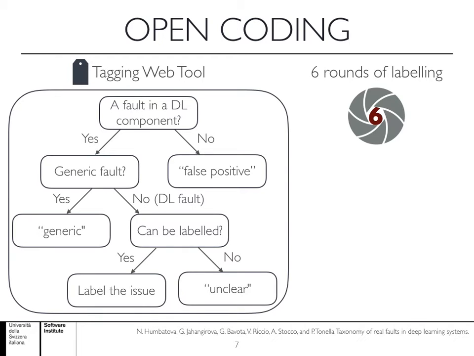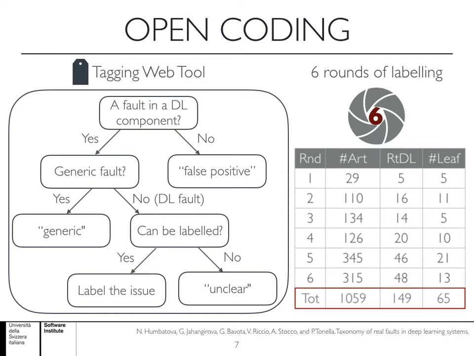The labeling process was organized into 6 rounds, each of them followed by a meeting among all authors to discuss the process and to solve the conflicts. The conflicts arise when there was no agreement between two evaluators, and the app automatically assigned the issue to an additional evaluator. In case of further disagreement between these three evaluators, the conflicts were discussed and solved during such meetings.